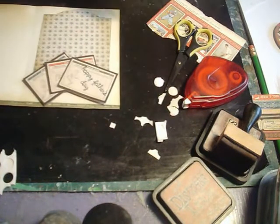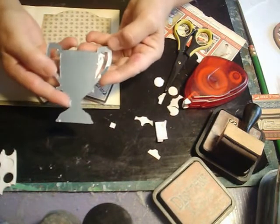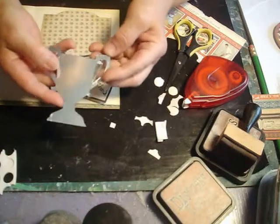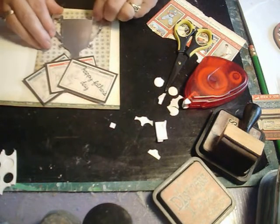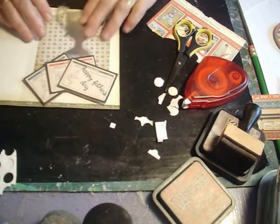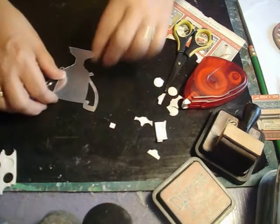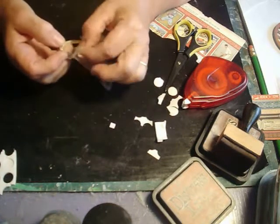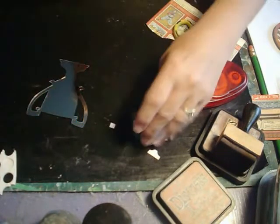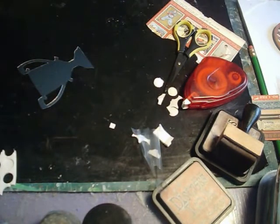And I've got one more thing to add. I have the mirror cut out of my tarnished trophy, and that's going to go right there. Before I put it on, I want to dirty it up just a little bit, so I'm going to go ahead and pull off the film, and I'm going to grab my black soot applicator sponge,